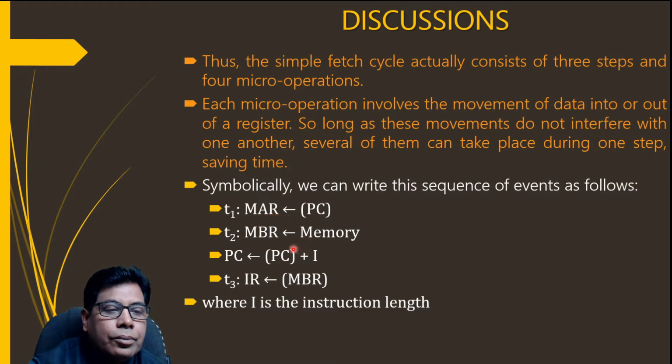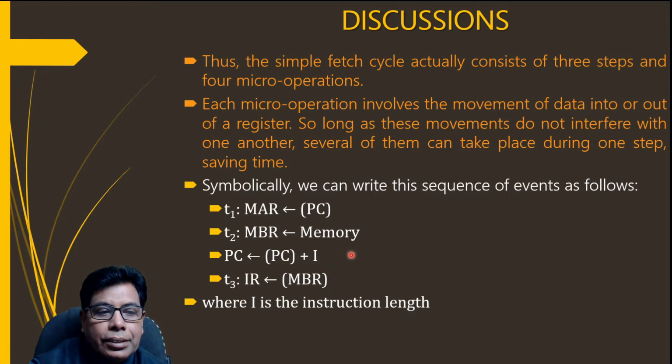Then whatever address is there, from that memory we are taking the contents of that memory, that is nothing but the instruction. So that will be loaded into the memory buffer register. That will be coming on the data bus. So the address bus will have the address of the instruction, and the data will come on the data bus. Then after this, the PC will be incremented by 1